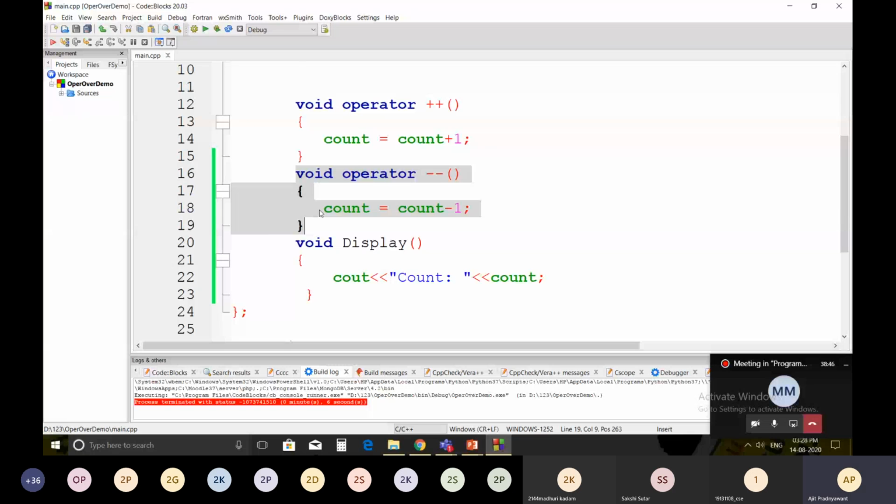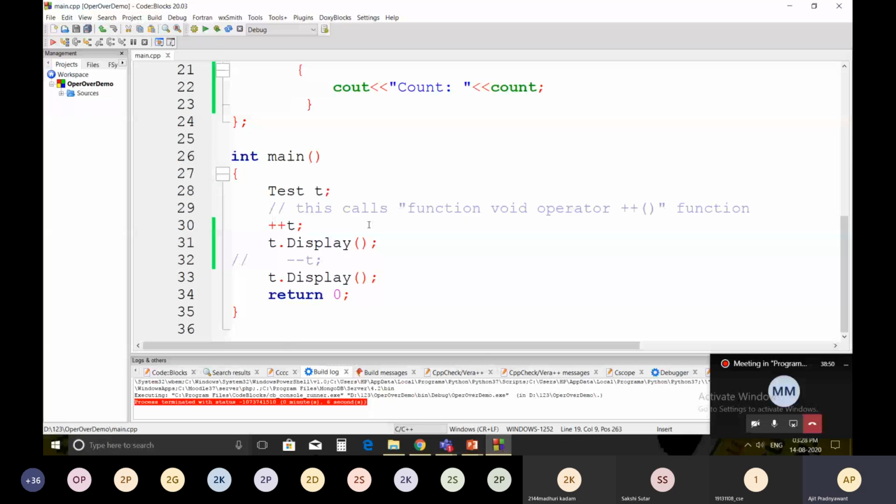Now tell me, suppose I mention only minus minus t, what will be the output? Nine. Yes, it will display 10 and 9 because you have called display two times, before the minus minus operation and after the minus minus operation.